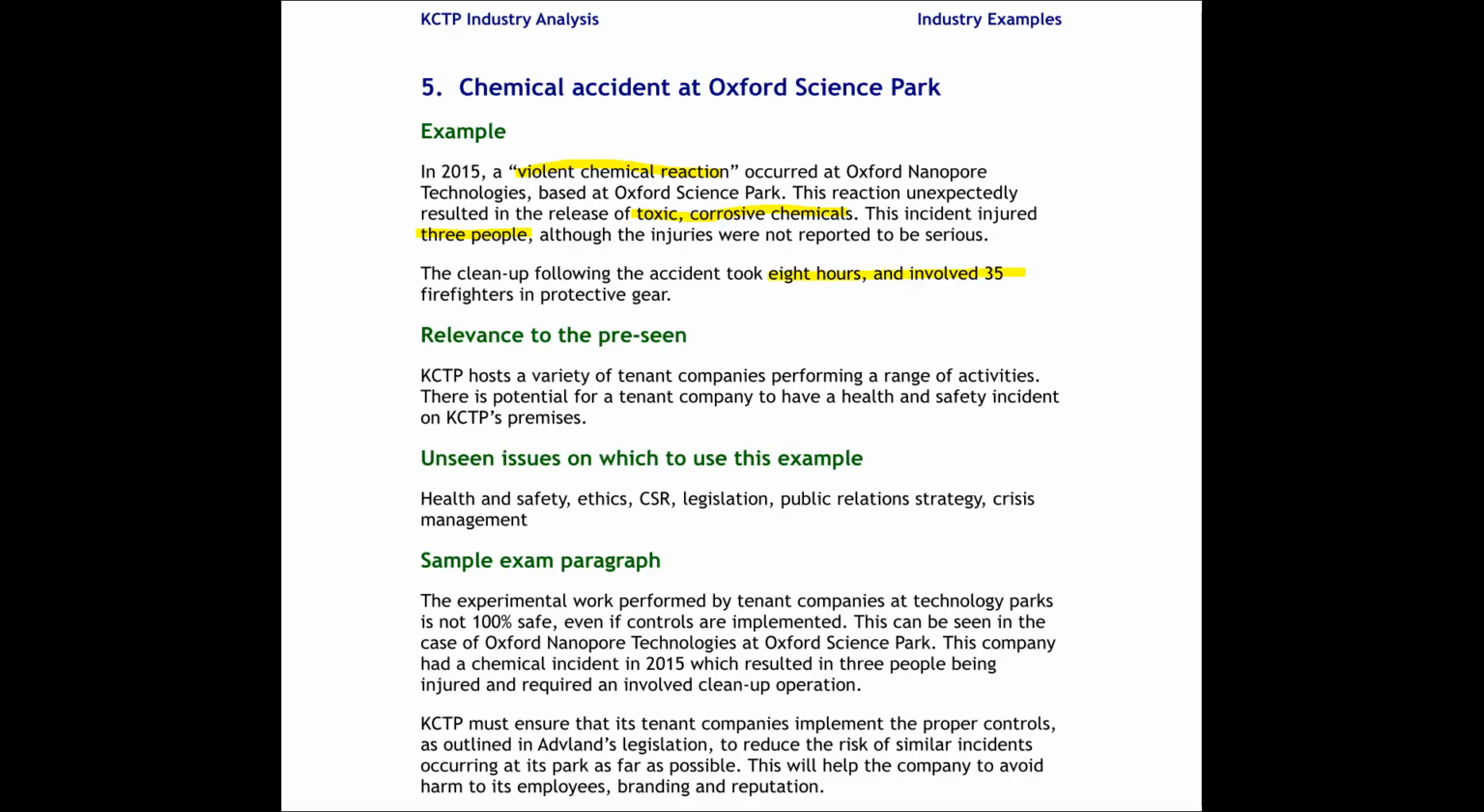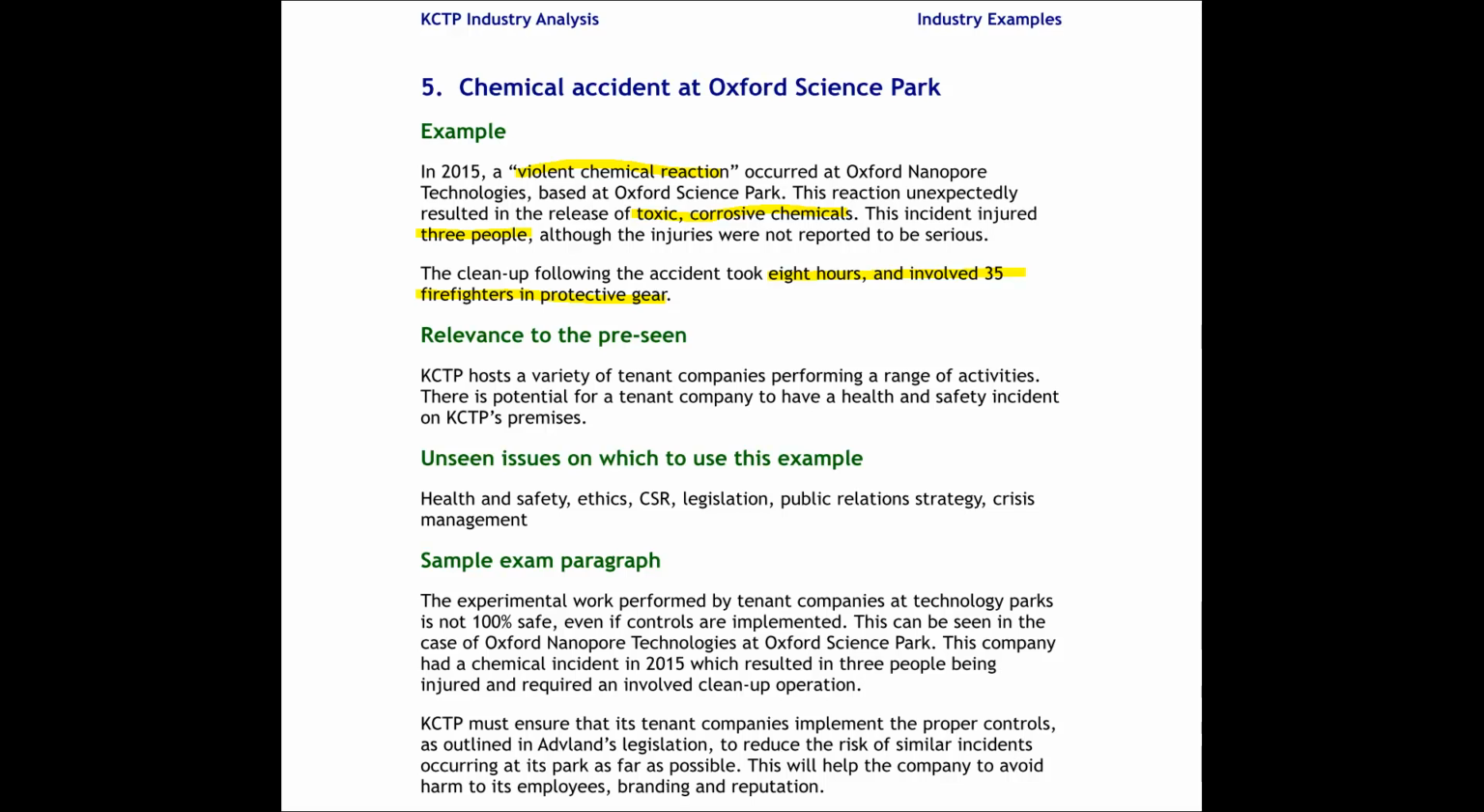all in protective gear. So clearly this is something that could happen at any science park where this sort of chemicals are handled. And clearly the consequences of such an incident are relatively severe. Although in this case the injuries again were not particularly severe, we could imagine that they may have been, perhaps had different chemicals been used, or perhaps a lower standard of protection of those people. However, in any case, even in an incident such as this, the cleanup operation was extensive, indicating that technology parks and the tenant companies based there must ensure that they do everything that they can to prevent this sort of